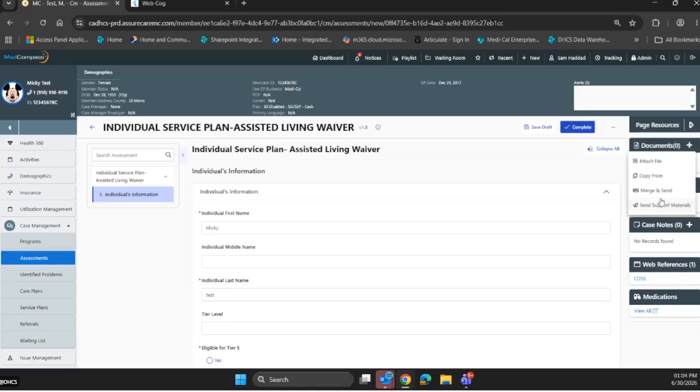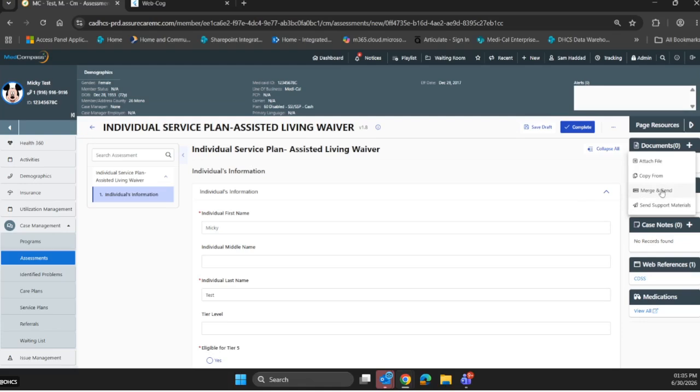Wait, is it documents? Yeah, there's this thing called merge and send, and how it works is it takes the electronic form and merges it into a template. So that's the route we're going to have to pursue. We tried to just have a print button right here, and it didn't work. SureCare couldn't get it to work right. So what that means is once we've cleaned this up and fixed things you pointed out, and maybe taken out certain questions or changed whatever we're doing, once we have it in a final state,